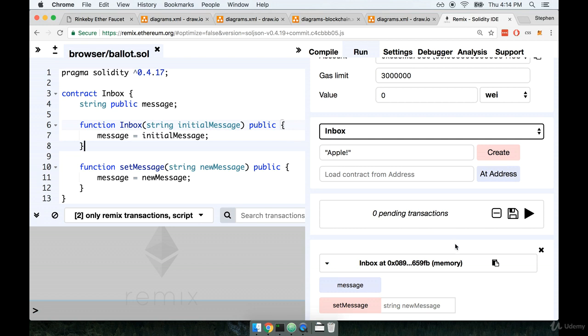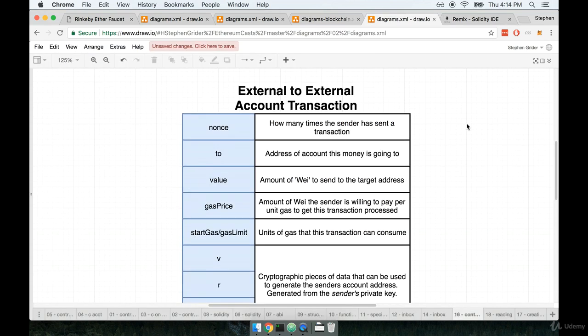that's occurring here. First, I want to talk about exactly what happened when we selected our inbox contract right here, typed in some entry argument, and then clicked the create button. So in other words, what really happens on the Ethereum network when we try to deploy or create an instance of a contract? The first thing I want to do is remind you about one topic that we spoke about